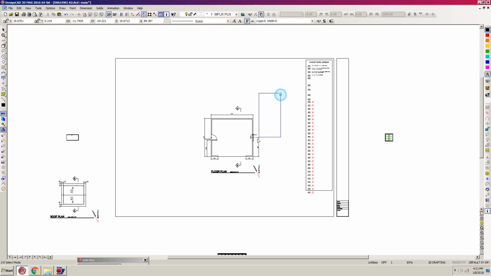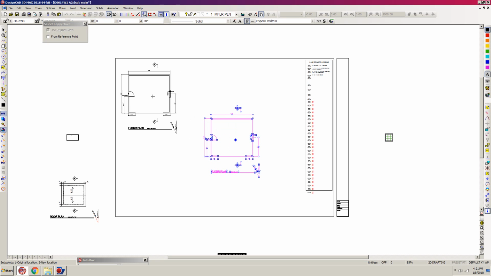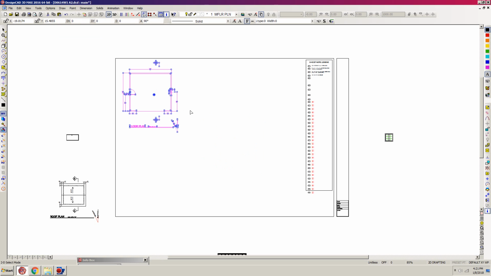So I'm going to go ahead and grab a hold of that and move that on over to the upper left hand corner here, about like so, and then just click, and there it is. So next I want to deal with my foundation plan,